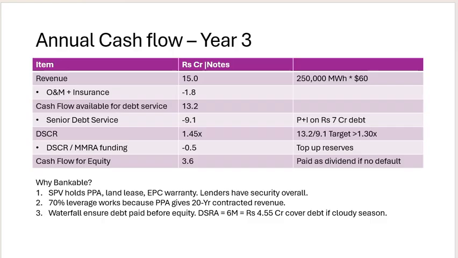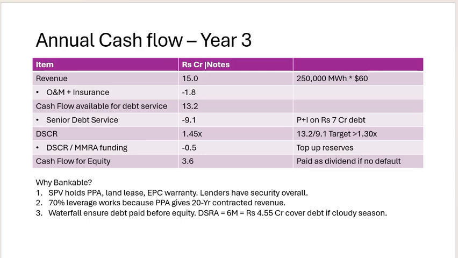Why is bankability important? The special purpose vehicle holds the PPA, the power purchase agreement. And the land lease, the EPC and the warranty, the lender has the security overall, and the 70% leverage works because the power purchase agreement gives the 20-year contracted revenue, and in the waterfall the debt is paid before the equity, and